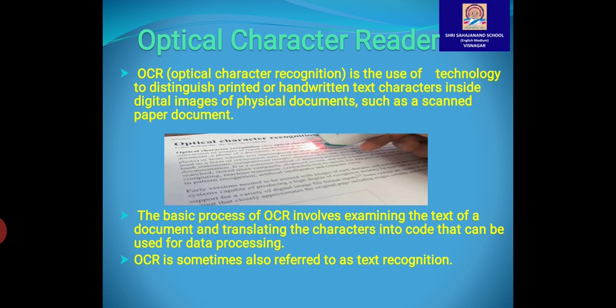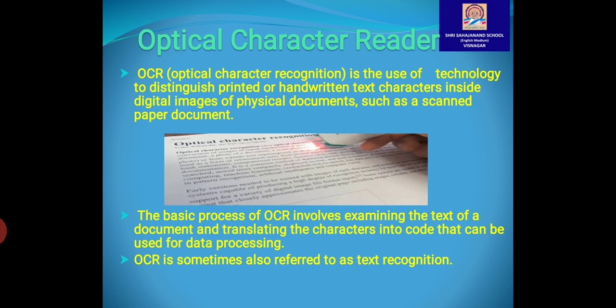Now, optical character reader. Some scanners have the facility to recognize a character from the image, that is, from the scanned image of a character. The computer can identify the character. This is done by matching the image of the scanned character with the stored image of the character. With this facility, the document image can be converted into a document which can be further modified. This type of scanner is known as an optical character reader.